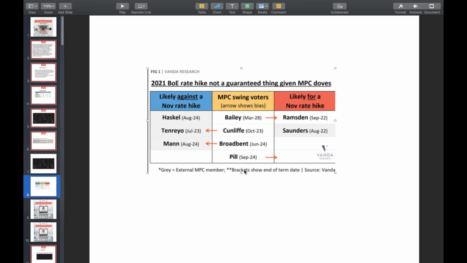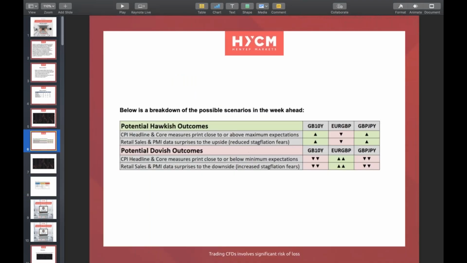So as a consequence, it's quite a balanced act. There is a strong risk of some pound upside if the CPI inflation surprises to the downside. So just look at that, take a screenshot of that. That's what we're looking at for this coming week, and that's what you should be focusing on. Best opportunity of the week that's scheduled.